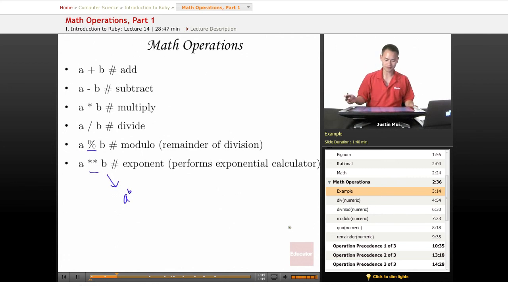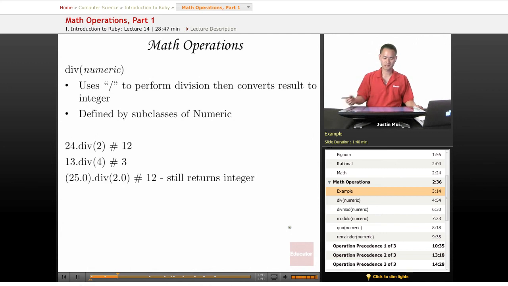So that is basic operations. Next, not only do you have these operators you can